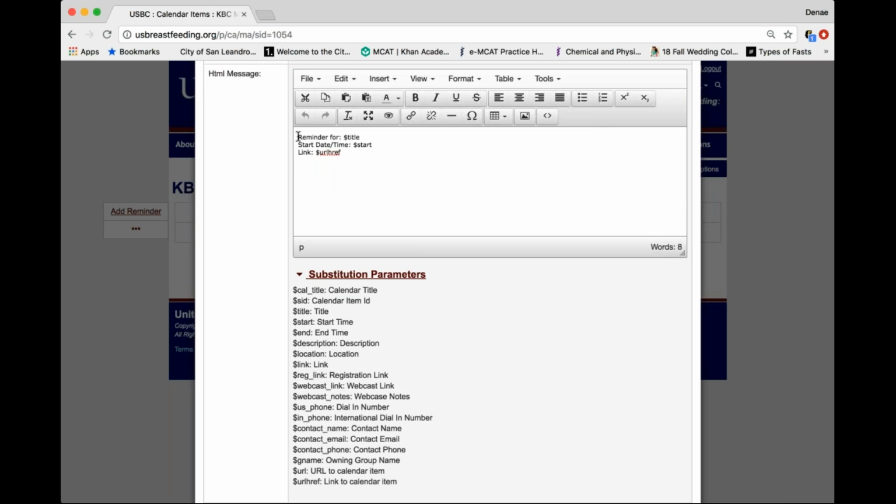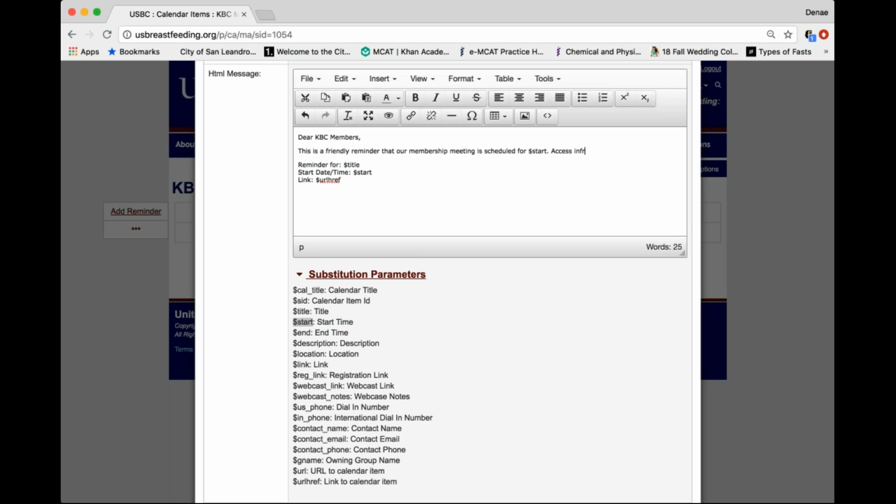So you might want to put something like, dear, this is the Kansas Breastfeeding Coalition Community Workspace, so we'll say KBC members. This is a friendly reminder that our membership meeting is scheduled for, and we can put this parameter here, which is already here, but we could also grab it from down here. You want to make sure that you do grab the $ and the entire word without the colon. Scheduled for start,